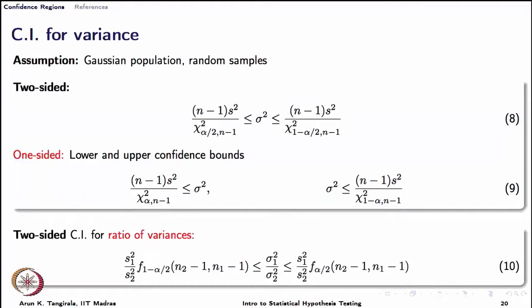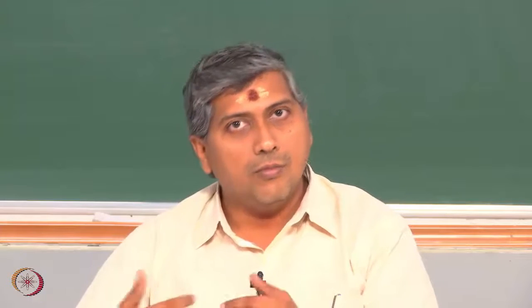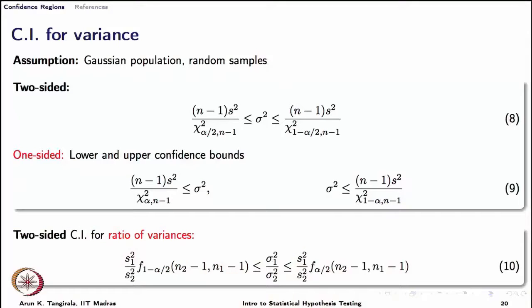Now let us move on and talk about the confidence intervals for other parameters. This is going to be a swift thing, we are going to just swiftly breeze through this, because as I said, the derivation of these confidence regions is now kind of standard. Look up the sampling distribution of the estimator, write the probabilistic region, write the confidence region, and you would obtain the confidence intervals that I have given you in equation 8, 9 and 10 and so on. So, once again here we have a two sided confidence region and a one sided confidence region for the variances, and we can also give a two sided confidence region for the ratio of variances.